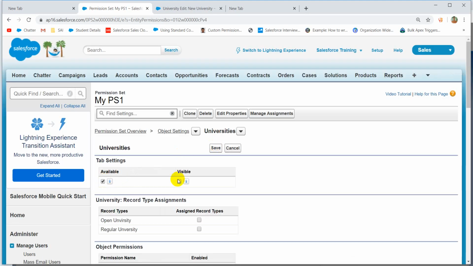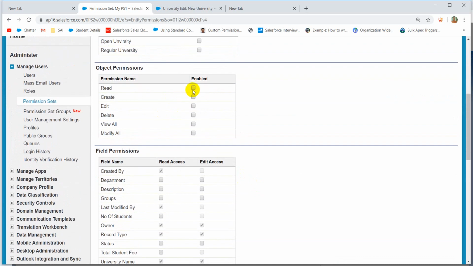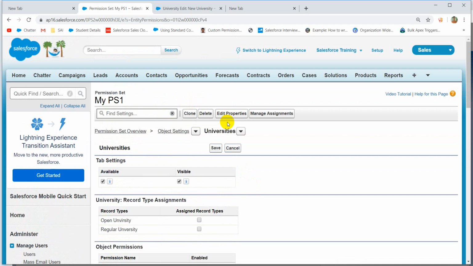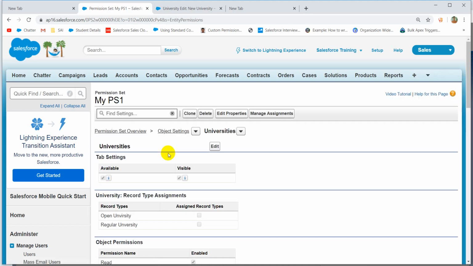So the tab should be visible. Okay, and here what is the permission? Create, edit, delete, then save it. Once this permission set is created, you have to assign it, right? Otherwise how will it be determined? So here, manage assignment,